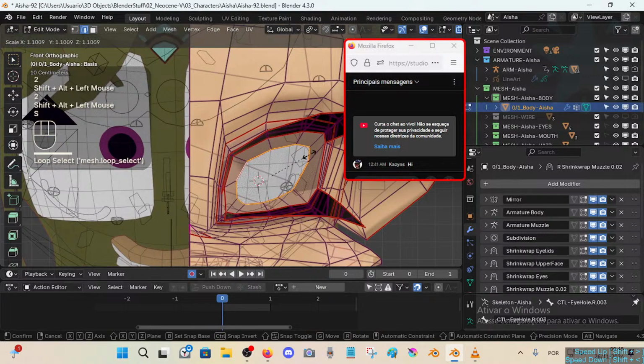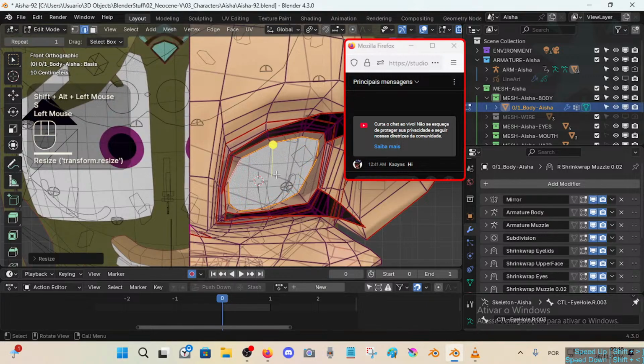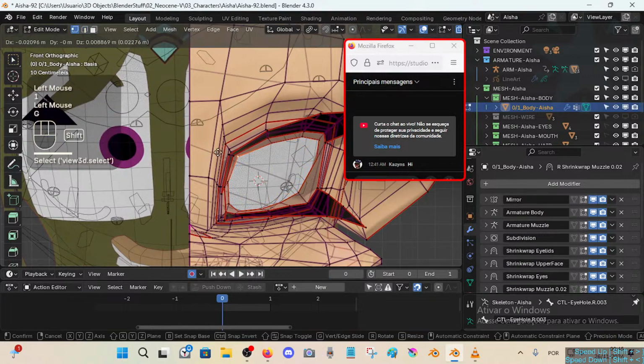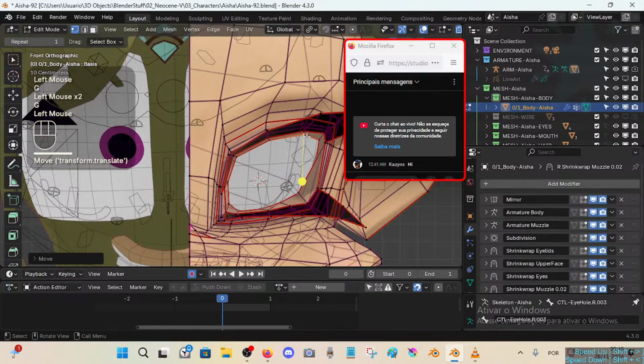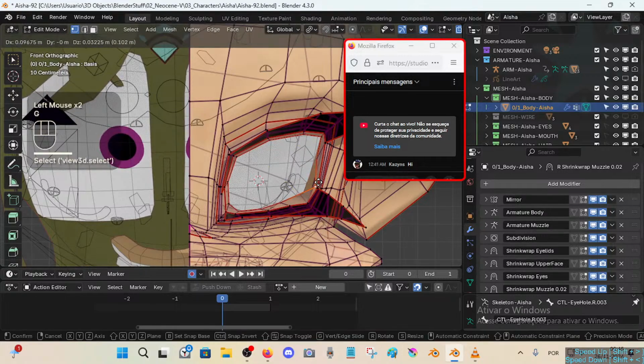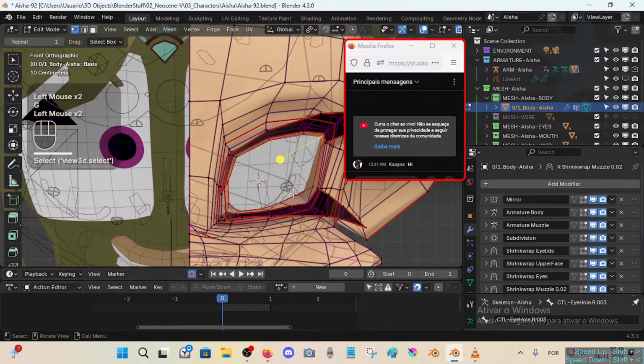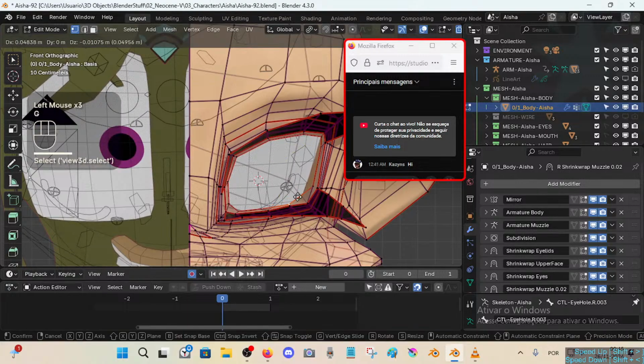So scale, yes, I'm in orthographic view. I really need to make this nearly at the same distance, the same arrangement of the